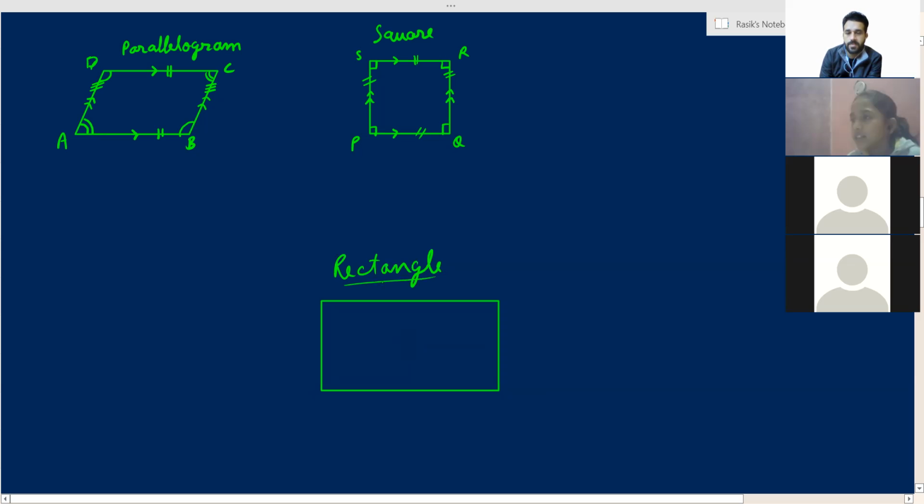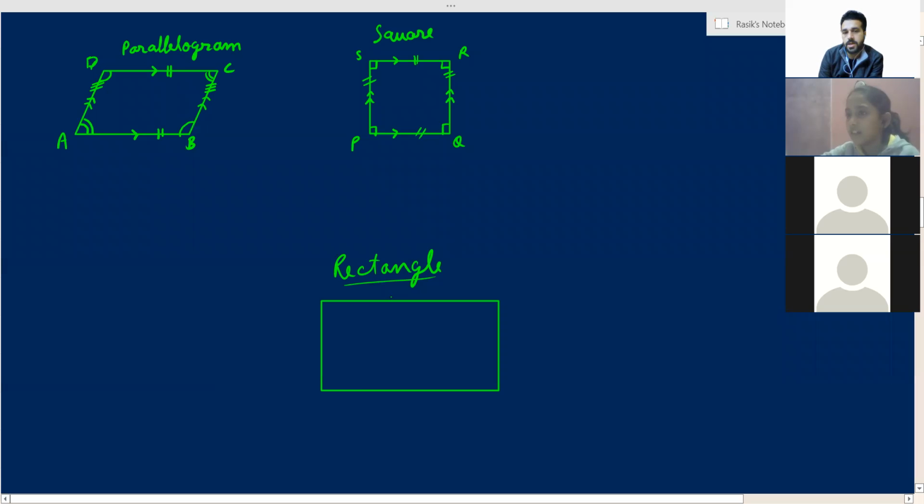ठीक है. Rhombus is also there. Parallelogram has two sons. The elder one is rhombus and the younger one is rectangle. And rhombus also has a son. His name is square. So what is the relation between square and rectangle? Rectangle is the chacha ji of square. चलो बाद में पढ़ाएंगे, जब थोड़े आप बड़े हो जाएंगे तब मैं आपको डिटेल में बताऊंगा इसके बारे में.